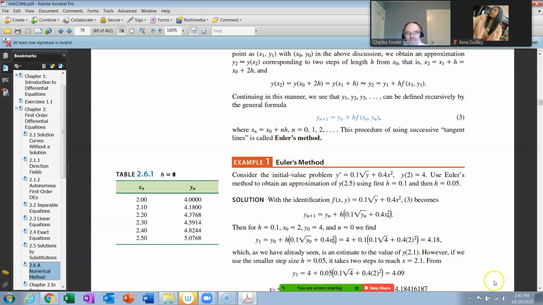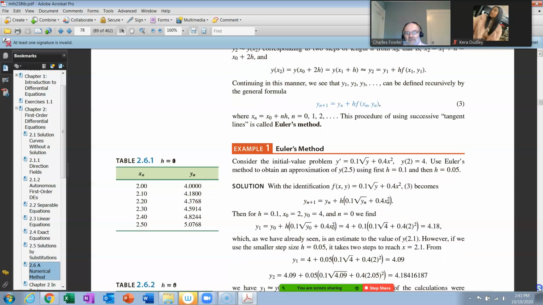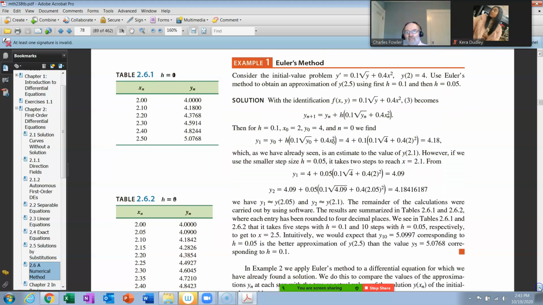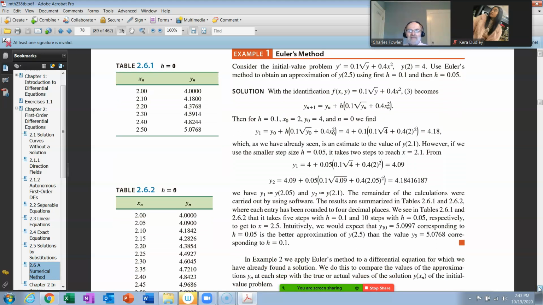Okay. Now, here's example 1. I'm going to scoot it up here so we can see it a little more clearly maybe, but what I'm going to do is go right into our calculations and we'll do these steps. Okay, so first thing I'm going to do is repeat that recursive formula there. So let me go to,